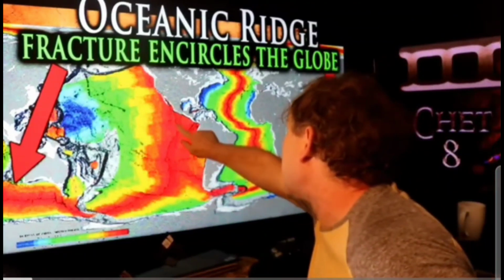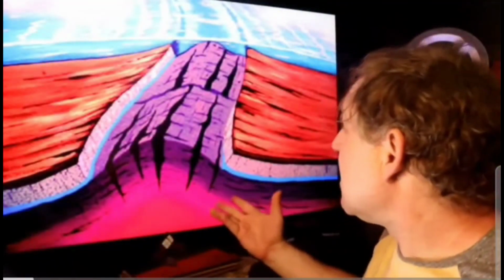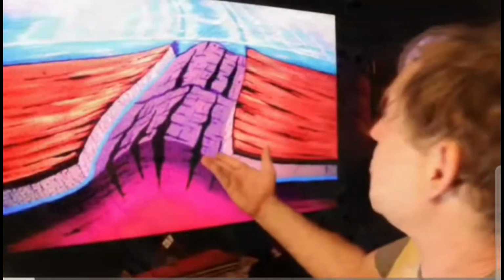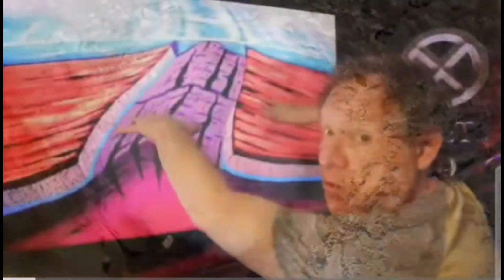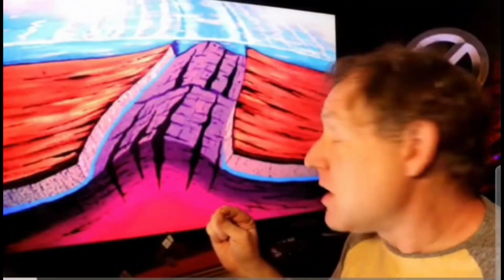has a fracture at the bottom of it, within which you have hot searing water still coming out even to this very day. Here is a diagram on the screen of that. If you have large pockets of water underneath the surface of the ground, cavernous pockets of water the size of oceans underneath the ground, and you get one little hairline fracture that goes down to one of those big pockets, the surface or the crust of the earth is going to push down so hard with such force, water is going to shoot straight up into space and come down in some areas as freezing ice, burying and trapping animals